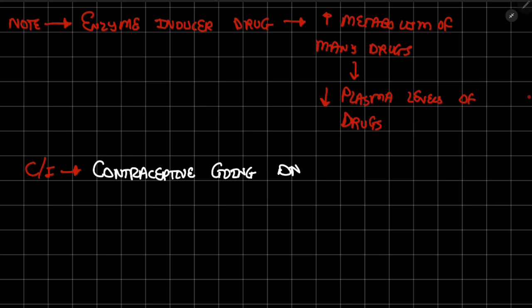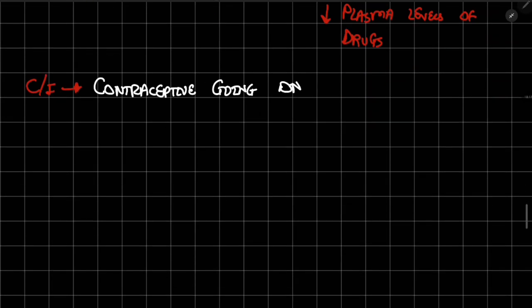Okay, it will decrease the plasma levels of the contraceptive and will ultimately lead to contraceptive failure. Okay, now going to the next drug, Z,